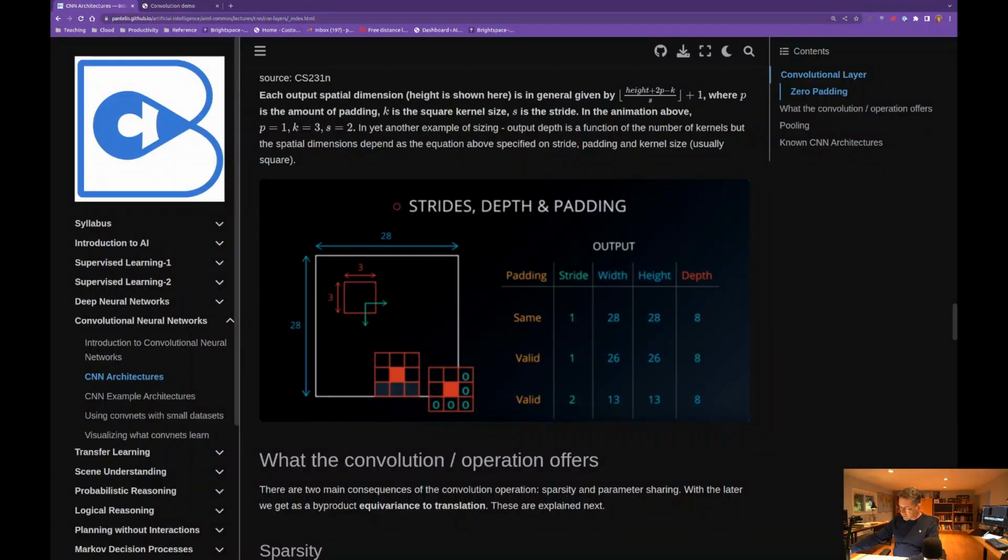Talking a bit on this presentation of the snapshot operation of a layer, the site over here is quoting some kind of important formulas regarding the size, the spatial dimensions of the output feature map. I think it's important to note them down, so it is the floor of the height of the input feature map plus 2 times the padding size minus the kernel size divided by the stride size and plus 1. Okay, so this is the formula that you can actually use to understand exactly what your